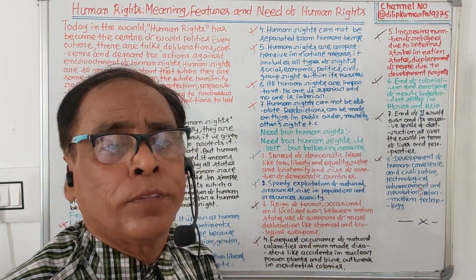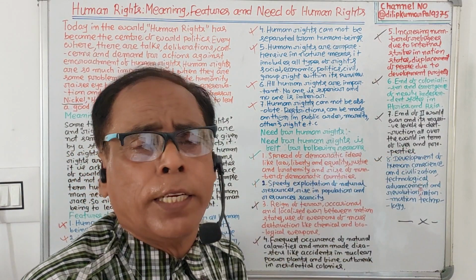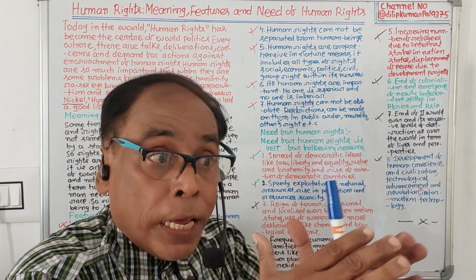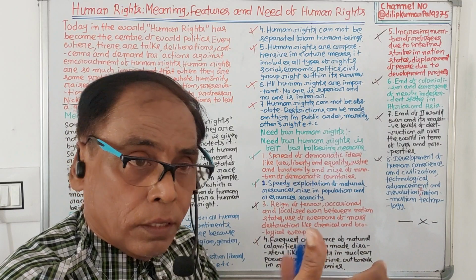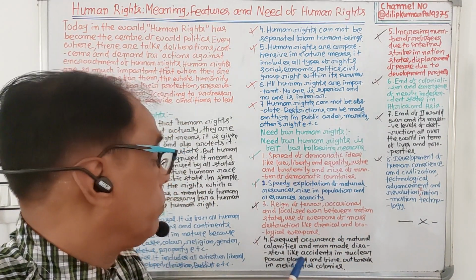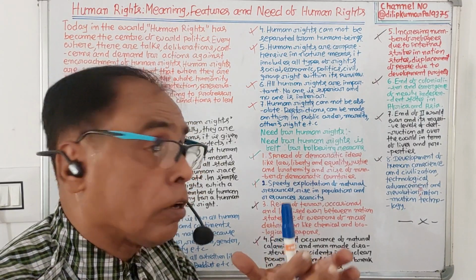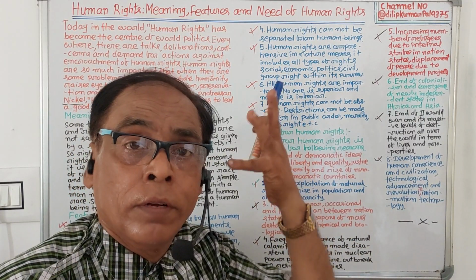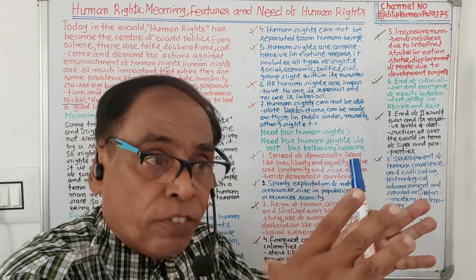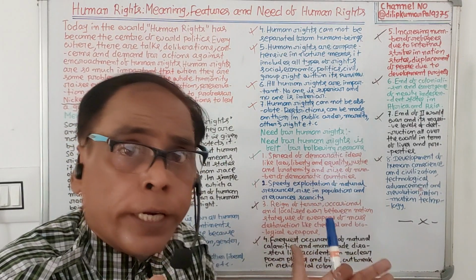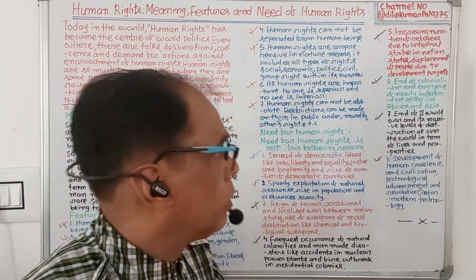Whenever there were natural calamities due to environmental imbalance, man-made disasters in nuclear power plants, then outbreak of fire in residential colonies, at the time the need of human rights was felt. In different types of situations, how will people be protected, what steps will be taken to protect them, at the time the need of human rights was felt.